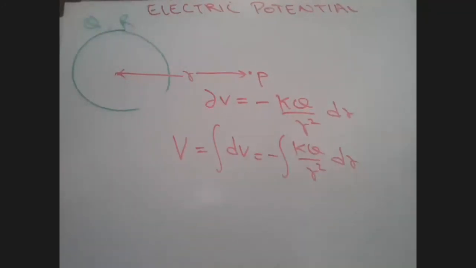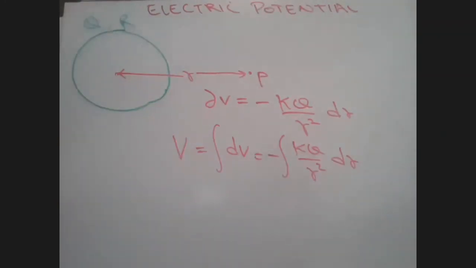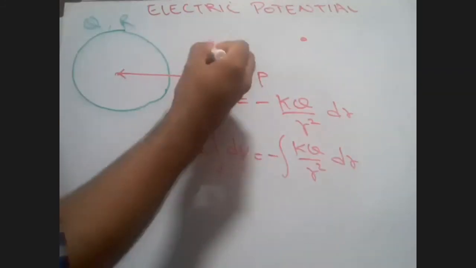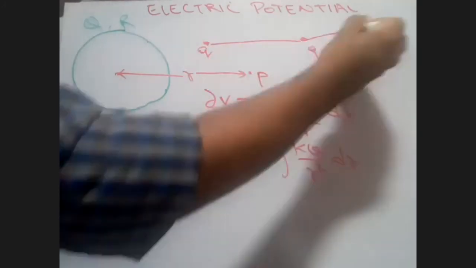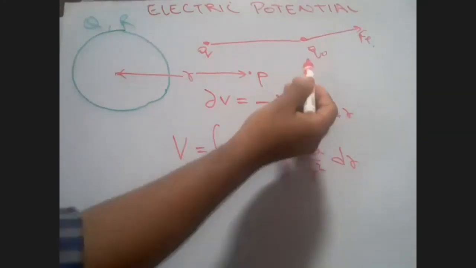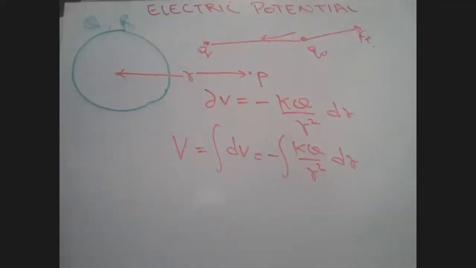You remember the definition which I told you regarding 2 points? There were 2 points like this. This is Q and this is Q naught, and basically this is the electrostatic force. I wanted to get this Q naught close to this Q, so I applied an external force. You remember this?